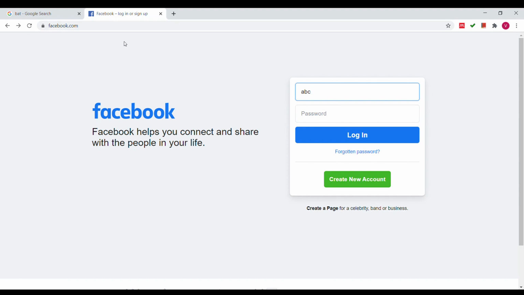Now in the case of logging in, like the example when you log into Facebook, what you do is you pass the username and some password. Now what will happen if you are appending the username and the password right here after the URL?